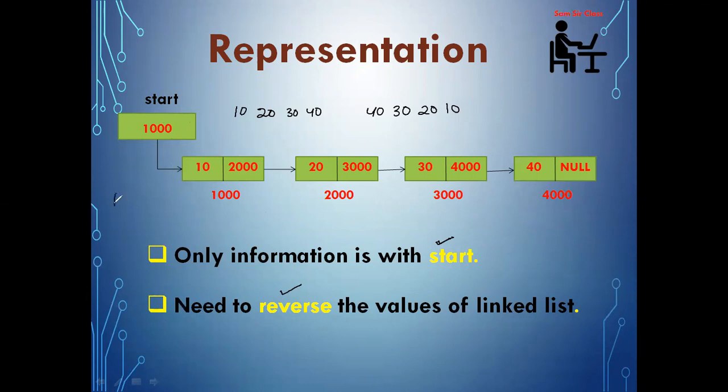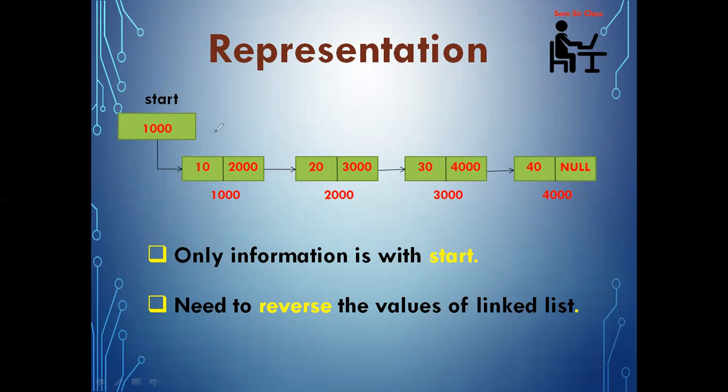For that, we are taking the help of three variables. One is temp, another is temp1, and temp2. Why am I using three variables? Because I'll point to one, I need to keep track of the second one, the next one. Also, I need to keep track of the third one. So for that, I am keeping three variables. Done. So how to do that?